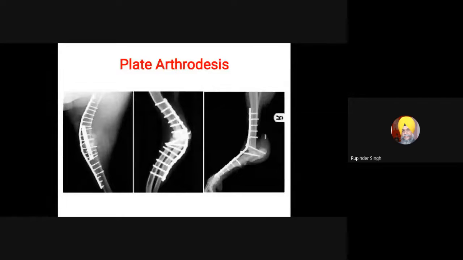Particularly in animals, this is quite common, not in human patients. This surgical intervention is done only on those joints which are less mobile, which have less movement. But when these joints are painful, then this surgery is recommended, where we cut the joint surface,